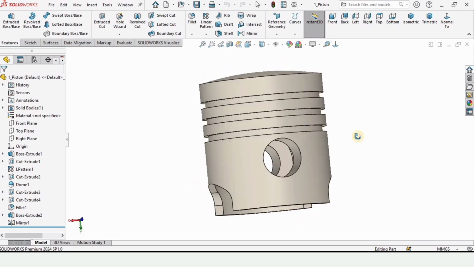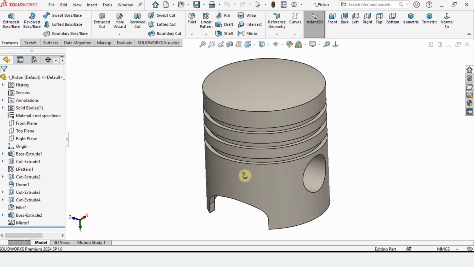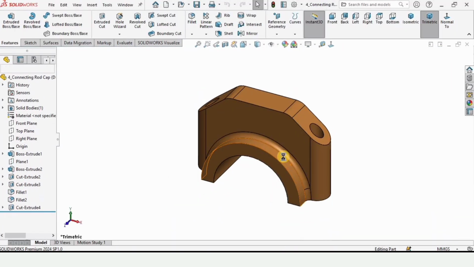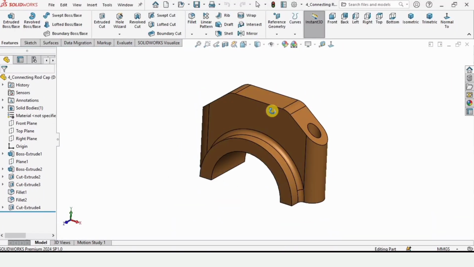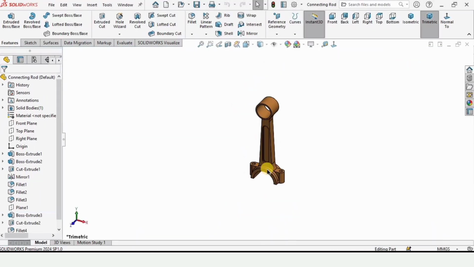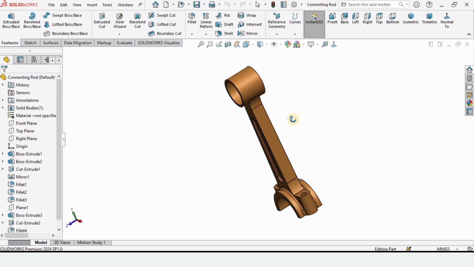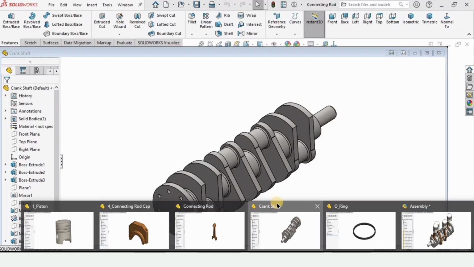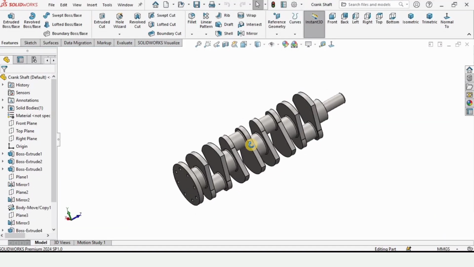And this is the piston, and I'm going to show you each and every part that we are going to create in this whole playlist. This is a partial part of the connecting rod, and this is the connecting rod, and then we have this crankshaft. We are going to model this as well,